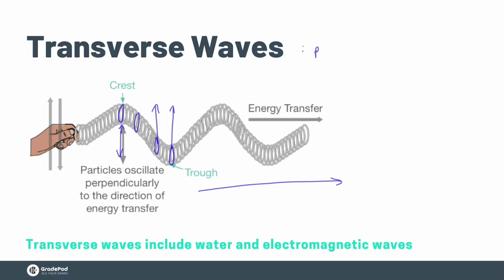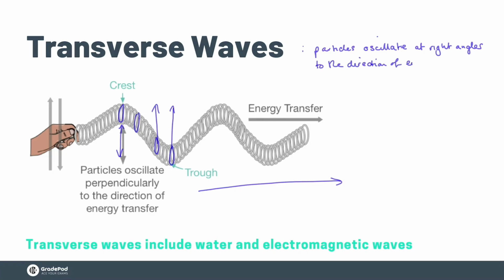It's where particles oscillate. Now, this is a fancy word for vibrate or move up and down. I really do want you to use the word oscillate because it shows that you're taking care over the precision of your scientific language. So when you're asked to define a transverse wave or state what is a transverse wave, you would say particles oscillate at right angles to the direction